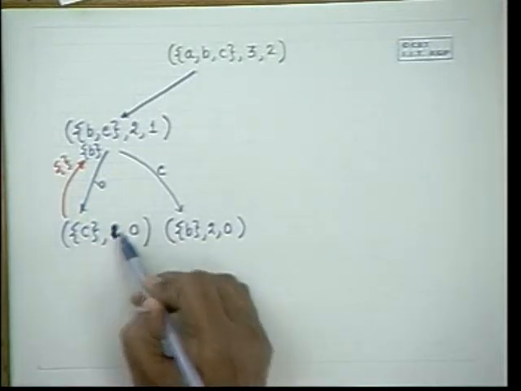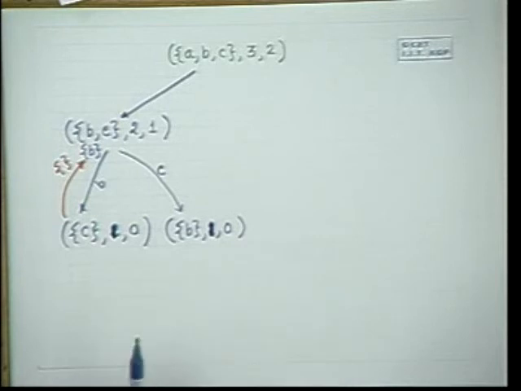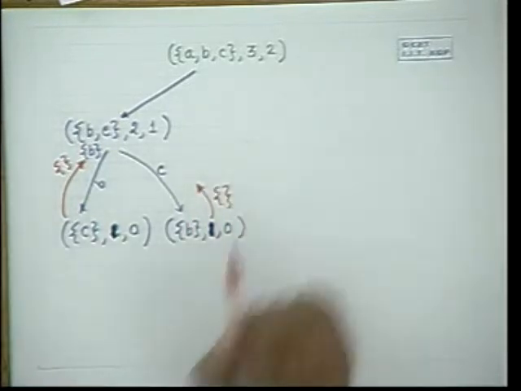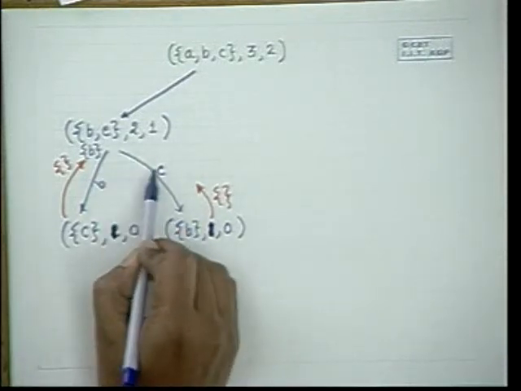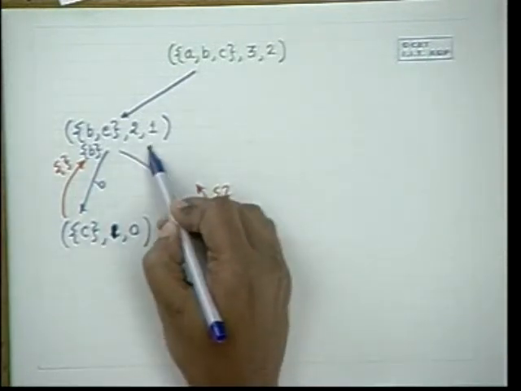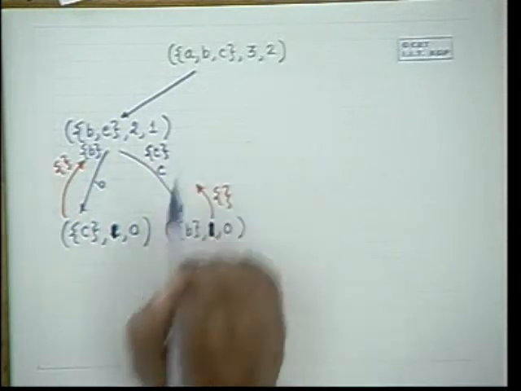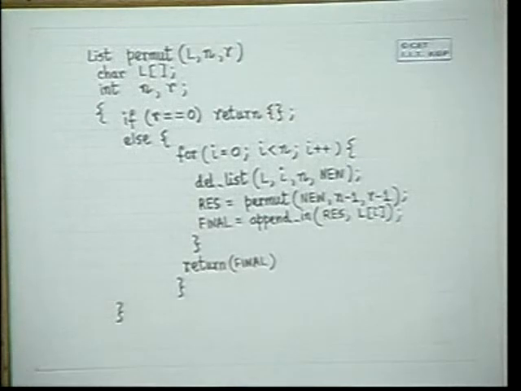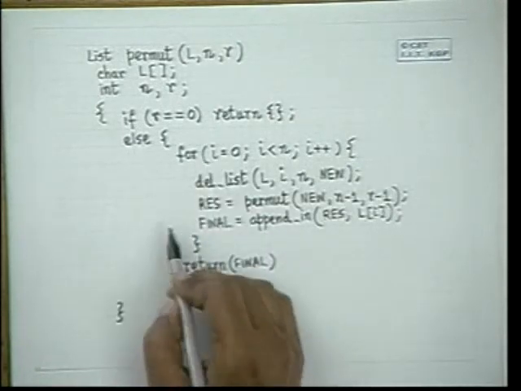This will be 1 0. This will again return a null. This will append C to this null to prepare C. And here it is not actually return of final, it is